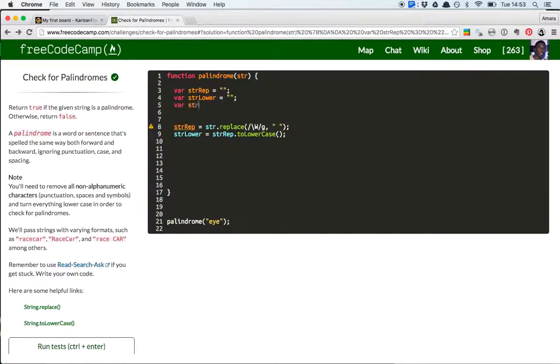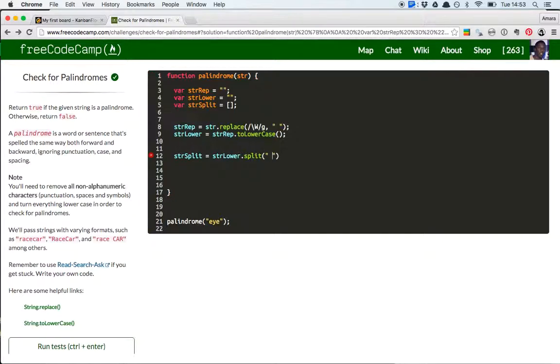We're going to call this strSplit, and this will be an empty array. And over here we say strSplit is equal to strLower.split,